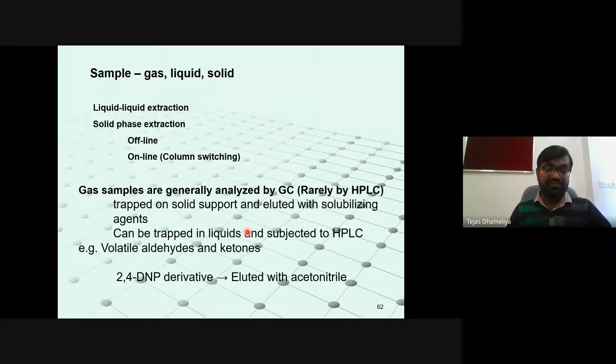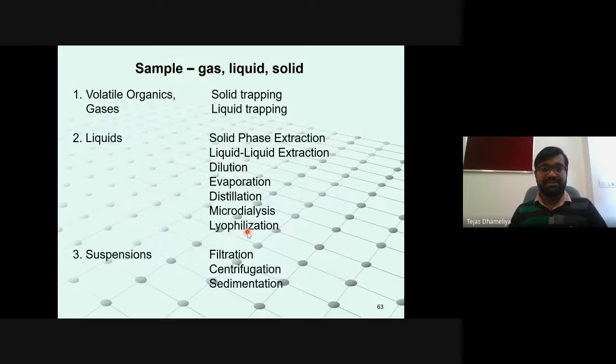Then we can use some other gaseous methods also, although I have never seen gaseous samples being used. But as highlighted on this slide, gas samples are generally utilized by gas chromatography, and it is only applicable to volatile compounds. Compounds that are themselves non volatile will not be utilized. But GC-HPLC, a kind of hyphenated hybrid technique, can be used. So these are the methods.